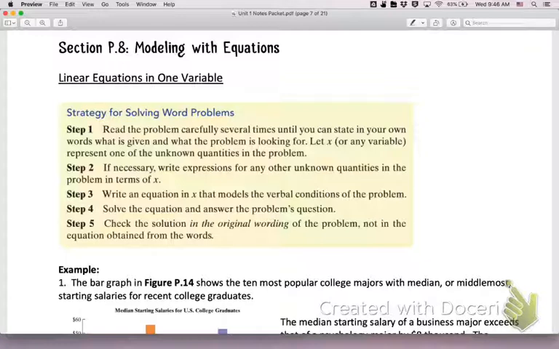Then you're going to essentially solve the equation, and the last step is also very important. Make sure that you always go back and check your solution in the original wording of the problem, okay? X equals 7 does not usually answer the problem given in the situation, so you will need to make sure that you figure out what that 7 represents, what the units are,